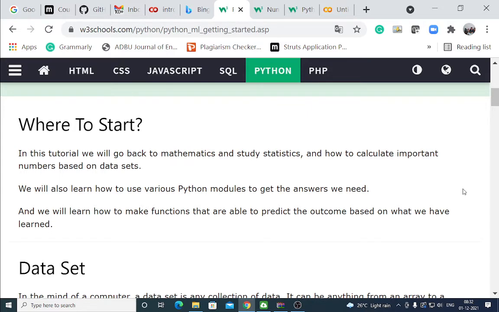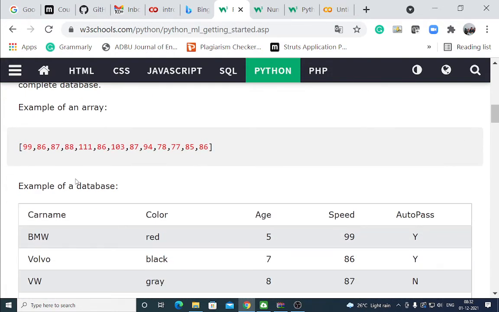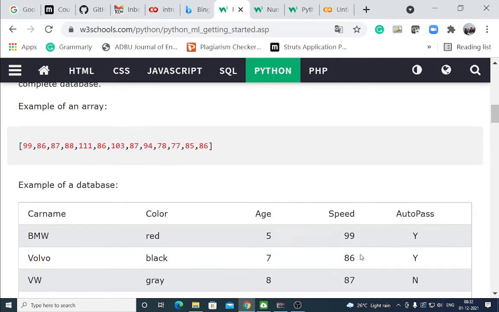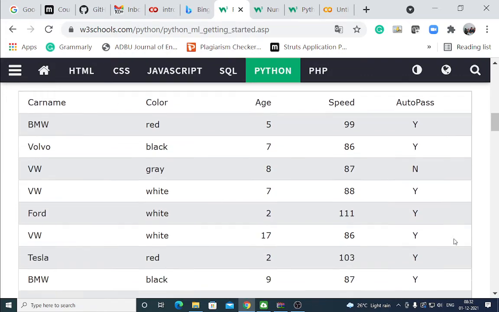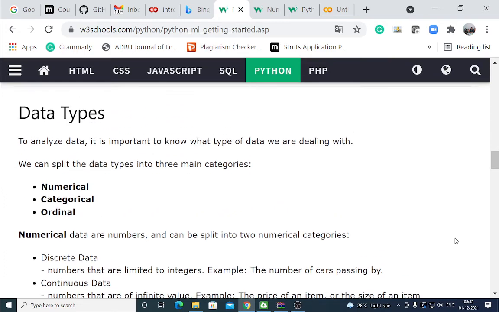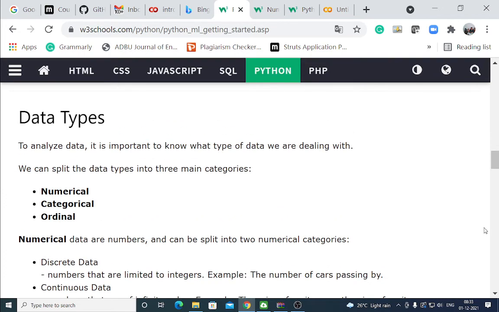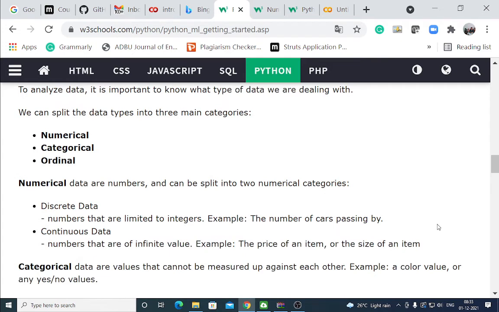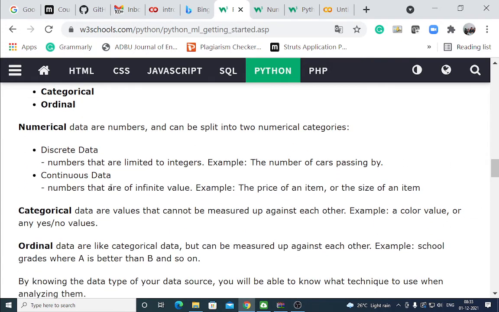Now we go for machine learning. It is a data set. This is a data set, an example of a database. This is an array and this is an example of a database. Numerical, categorical and ordinal data.